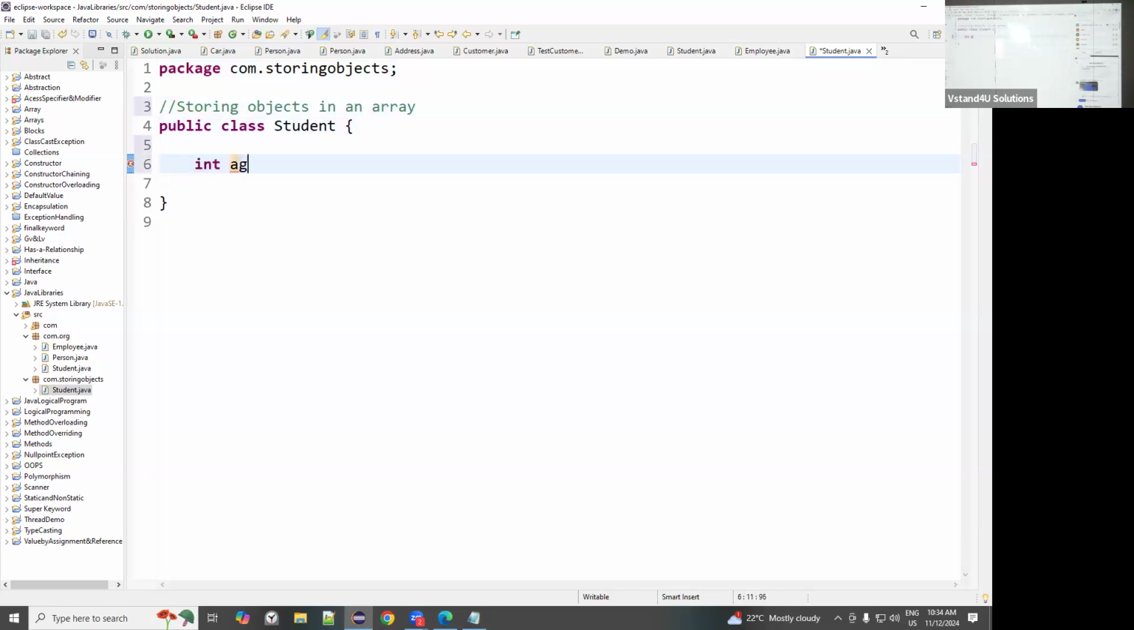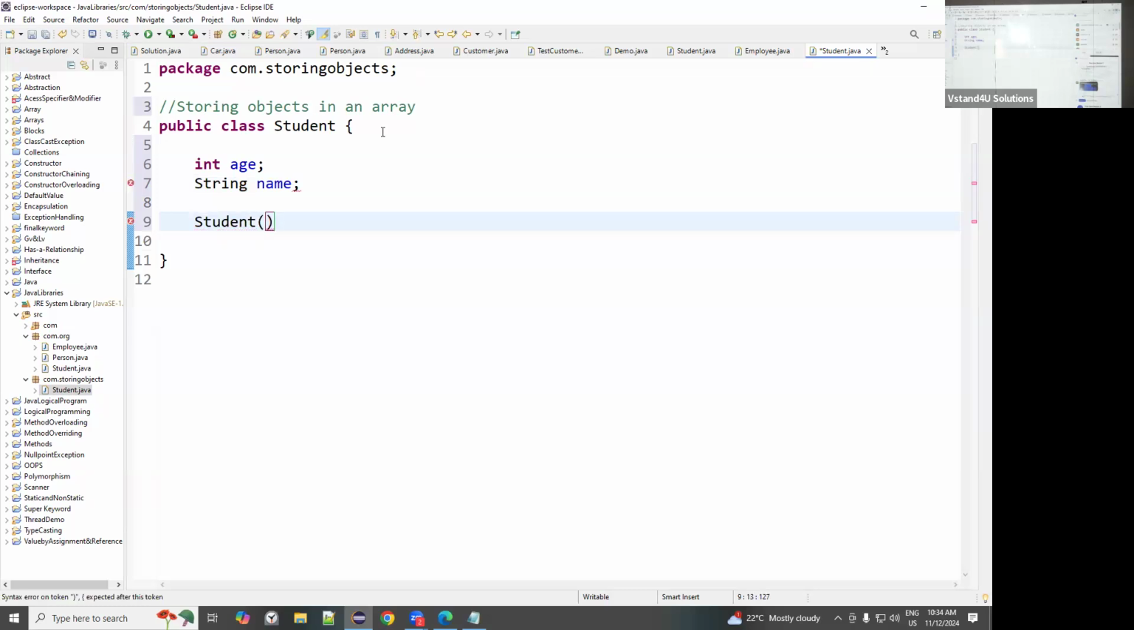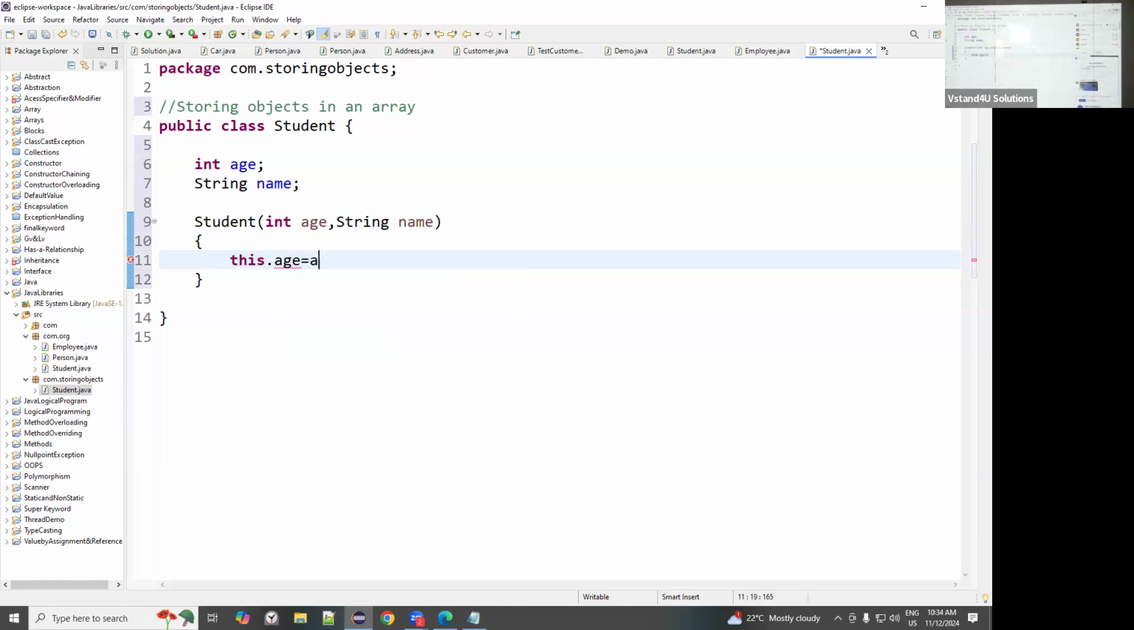I will take two variables, int age, string name. What is the next procedure? Parameterized. Okay. In the parameterized constructor, I need to pass int age, comma, string name. Then here I should pass this dot age is equals to age. The next one, this dot